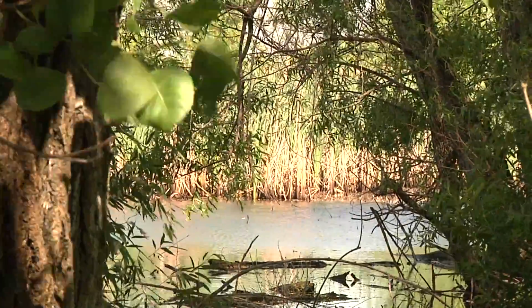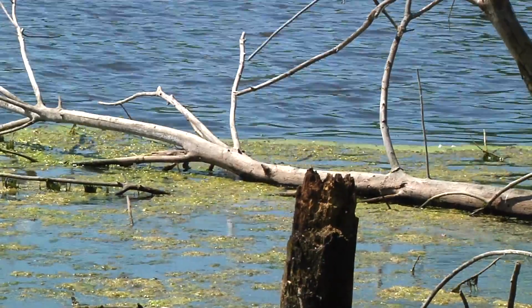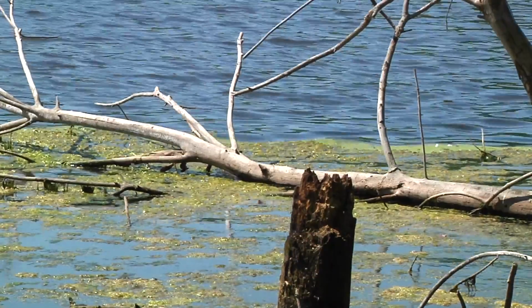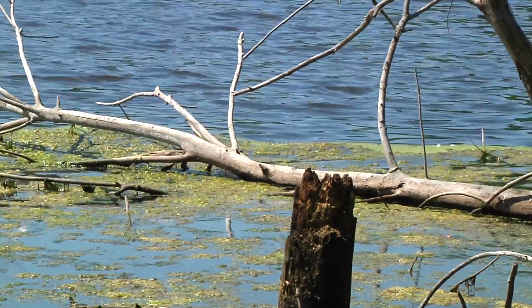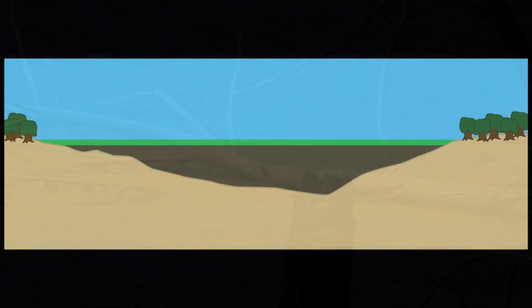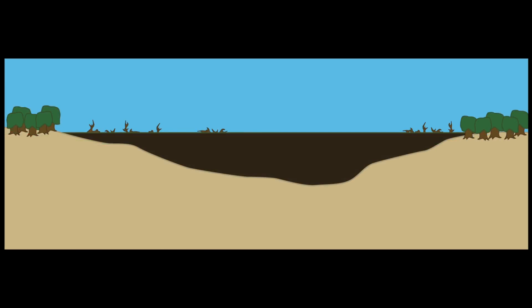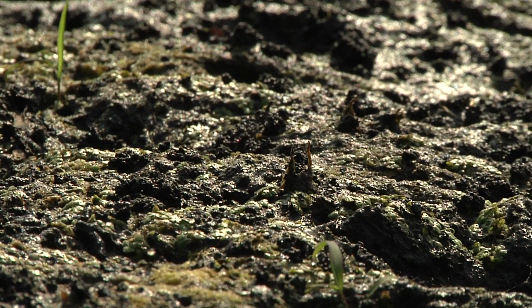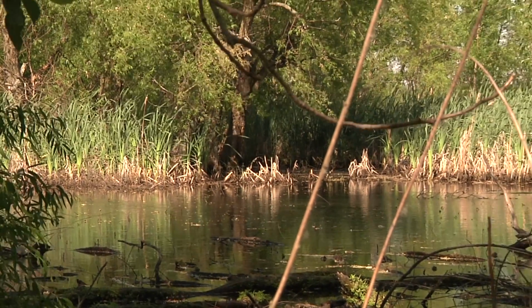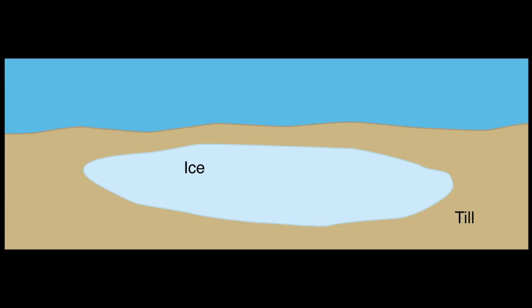About 6,500 years ago, a mat of floating plants, such as sphagnum moss, gradually covered the marsh. Sphagnum moss altered the chemistry of the water and made it acidic like lemon juice. These changes helped the marsh become a bog. Today, what we call the Celery Bog is actually a marsh, but it has gone through many changes in the